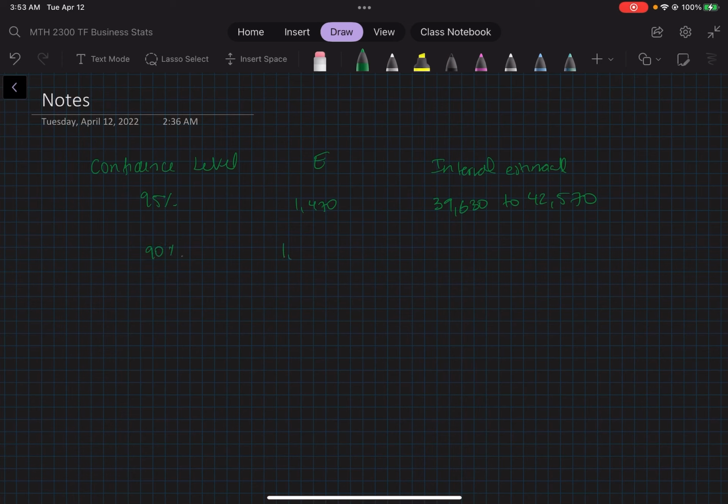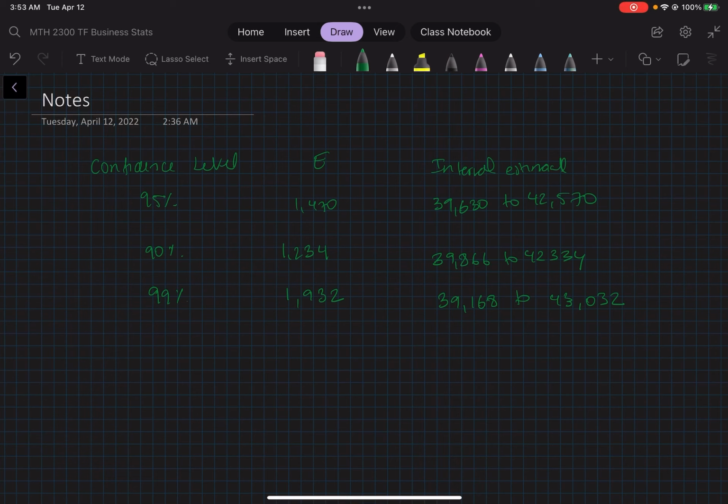With a 90% interval, you would notice that 1,234 would have been the margin of error. The interval would have been from 39,866 to 42,334. And finally, for a 99% confidence interval, the margin of error will be now 1,932, and the interval estimate would have been 39,168 to 43,032. Right. So this is kind of what I asked you to do in class, during last class, because what